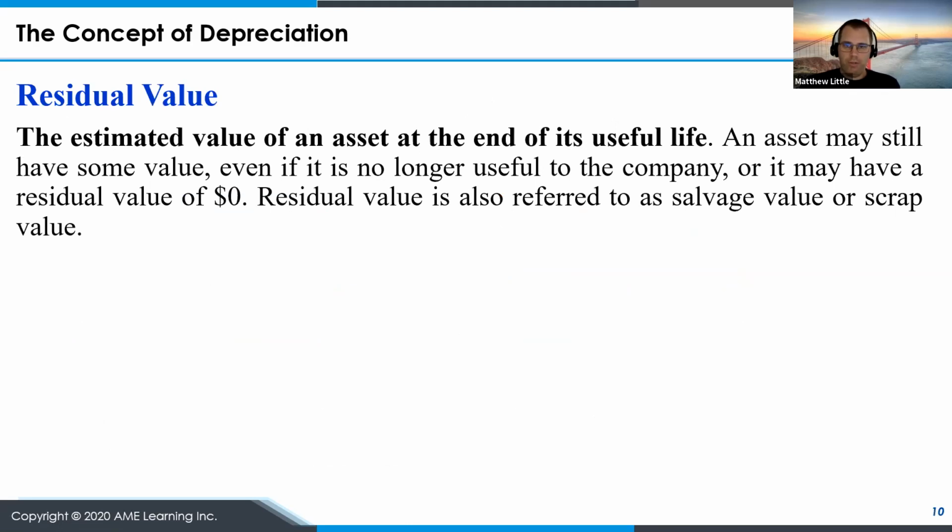A second component of depreciation is to understand if there is a residual value. Residual value is where we think after the end of the time that we plan to use that asset, is it going to be worth something? Very often organizations assume 0, that it'll just be scrap. But many times as well, especially in the production environment, you might have a widget machine that says you're going to produce the first 2 million widgets, but at the end, it's still going to be worth something to somebody else that maybe doesn't produce this high quality equipment. And maybe it's going to be worth $5,000 at the end, and you paid $500,000 up front. So that's what we call the residual value.